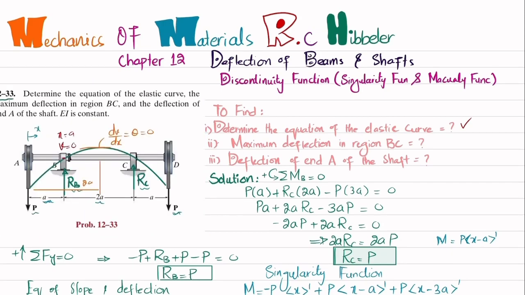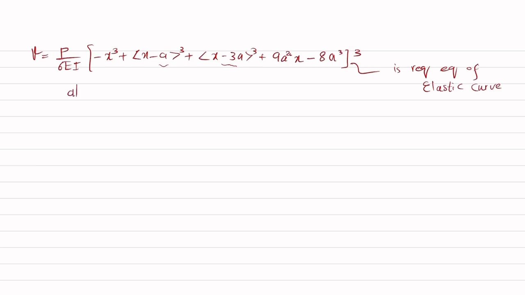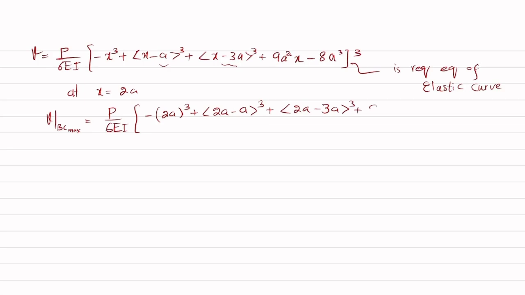So we will put x equal to 2a, and the deflection in region BC, that is the maximum deflection, is P over 6EI into minus 2a whole cube plus we have Macaulay bracket, so 2a minus a whole cube plus 2a minus 3a whole cube plus 9a square into 2a minus